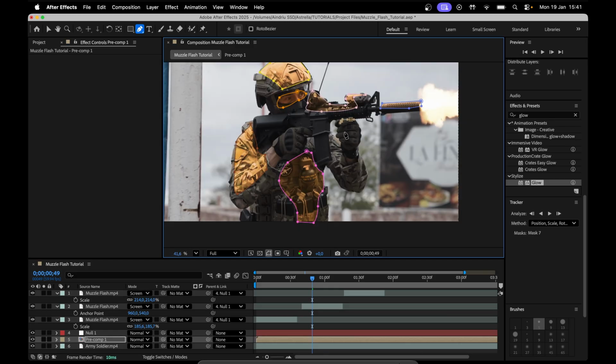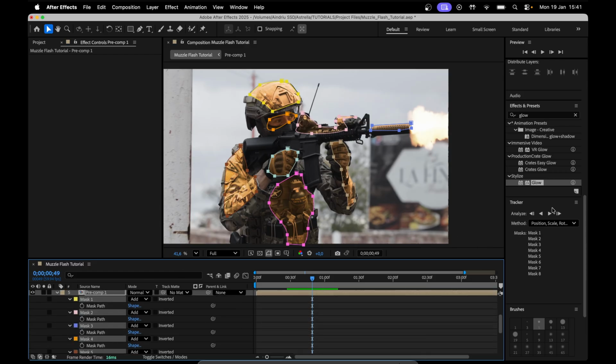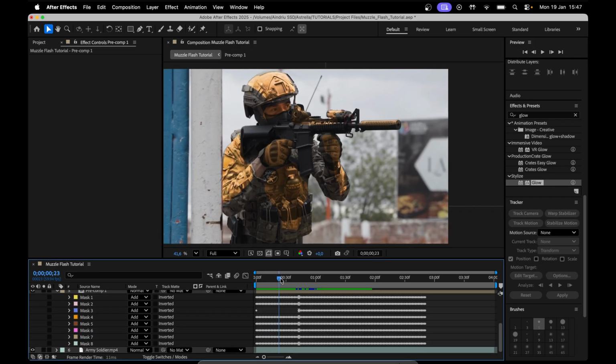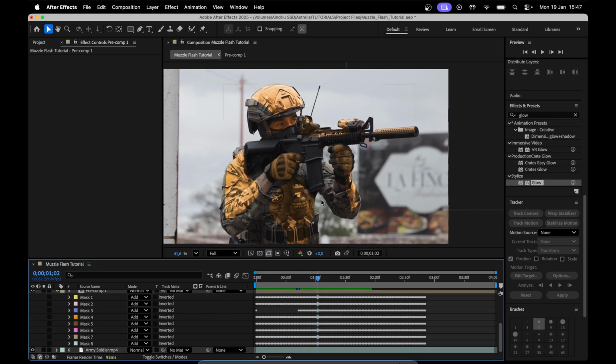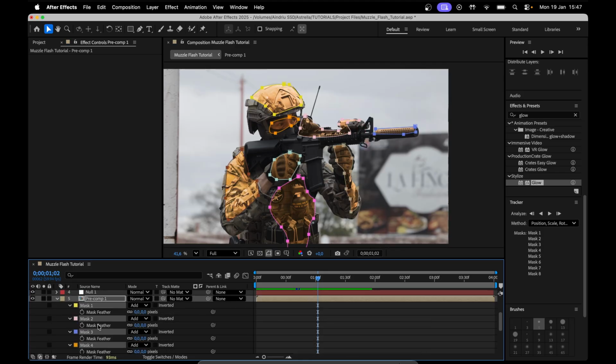It's supposed to be like overexposed and a bit messy, and with all 8 masks selected, you might have more, you might have less. We should have this tracker Analyze Forward and it'll track the masks. All the masks are tracked now, which is cool, but now he's got these weird like jagged patches on him. So we're going to highlight all those masks, press F and just feather them out just so it's a bit